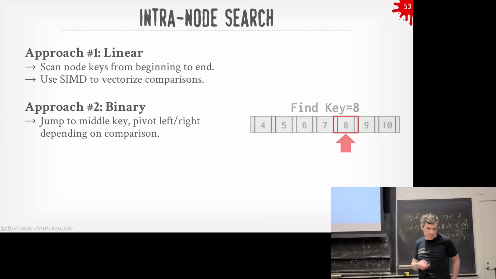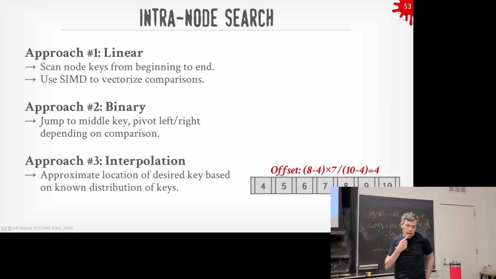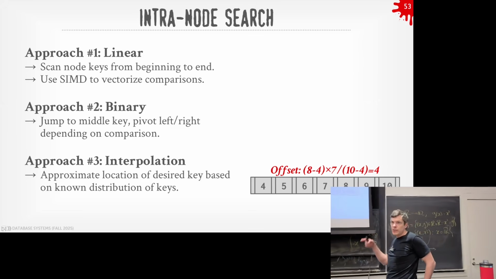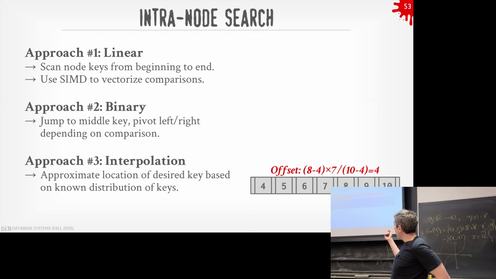That's pretty obvious. And the last one is rare. So no commercial system or real system actually does this, interpolation, where we just do some math and say, well, I know I have a densely packed array of keys with no gaps, like 4, 5, 6, 7, 8, 9, 10. And the key I'm looking for is key 8. So I can just do the simple math and say, well, if key 8 is going to exist, then if I take the min value, the max value, and jump to my offset, I know it's going to be here, right?